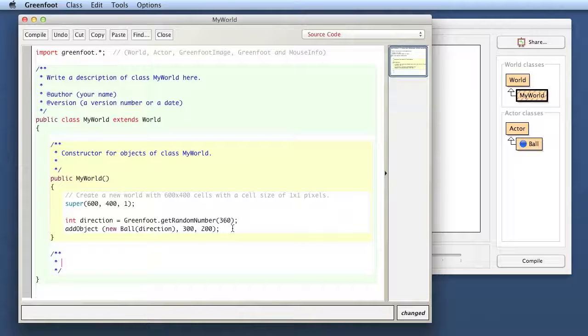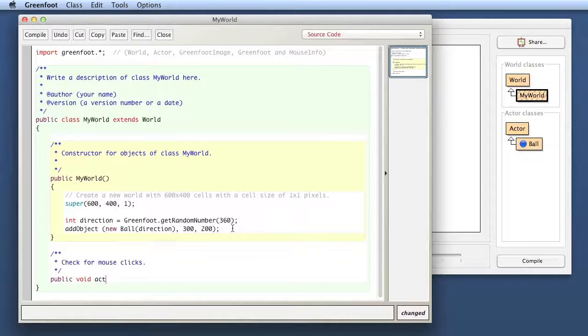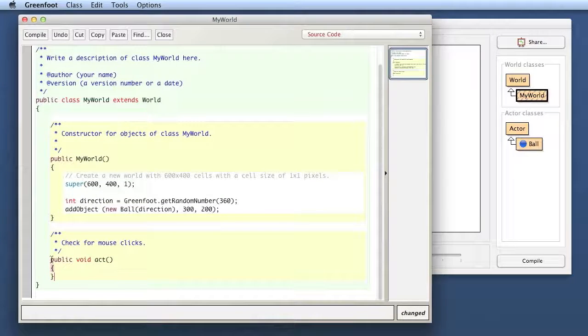So I can write here an act method into my world. I write check for mouse clicks, because that's what I want to happen in my act method, and then I say public void act. The signature of the method, that is the header, what I've just written here, has to always look exactly like this: public void act, otherwise it is not recognized as the act method that will be called by Greenfoot. So, and then I can say